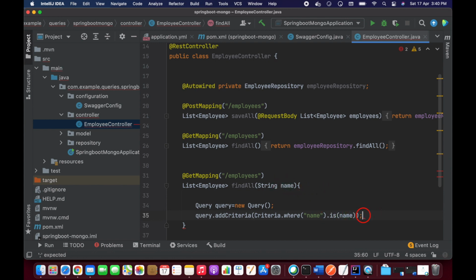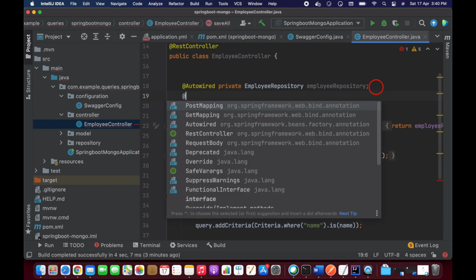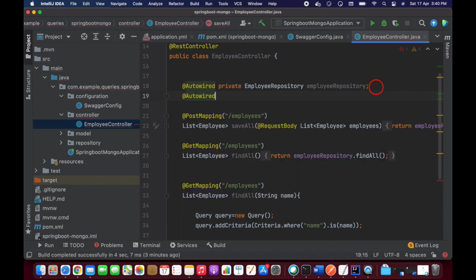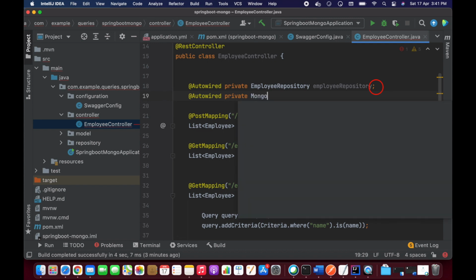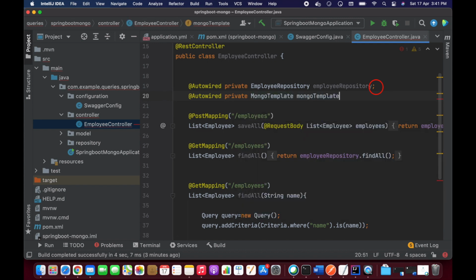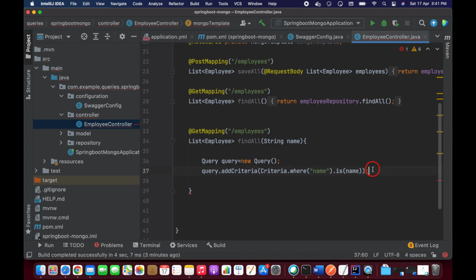That's it. After that we need a MongoTemplate here. If you want to work with these criteria queries, we need a MongoTemplate. So let's autowire this MongoTemplate, guys, and let's use the MongoTemplate inside this.